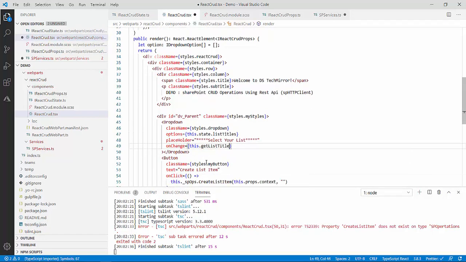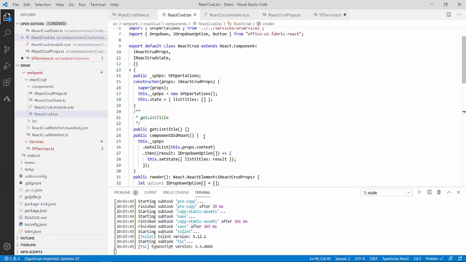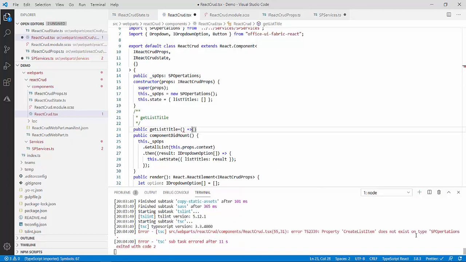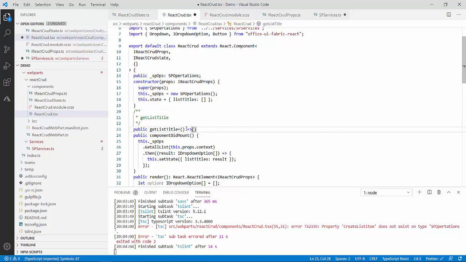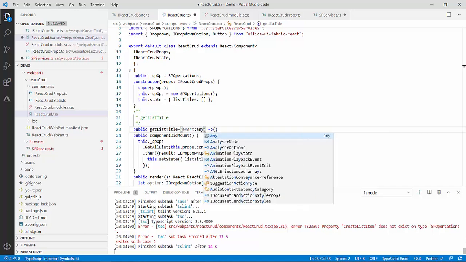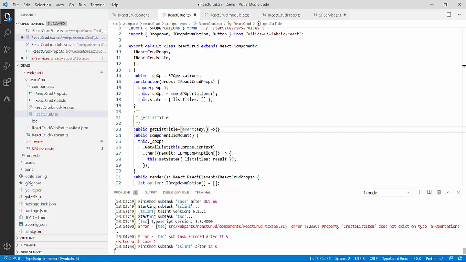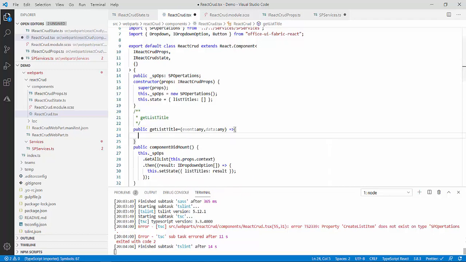So now I have called my method, and this method will give me two things. Again I will make it an arrow function. All the syntax I have covered in my React video, before this video, that is part 6 I guess. So this is event, of event type we'll declare any, and then I need the selected value. So data, it will also be type any. So now inside this I want the selected value.